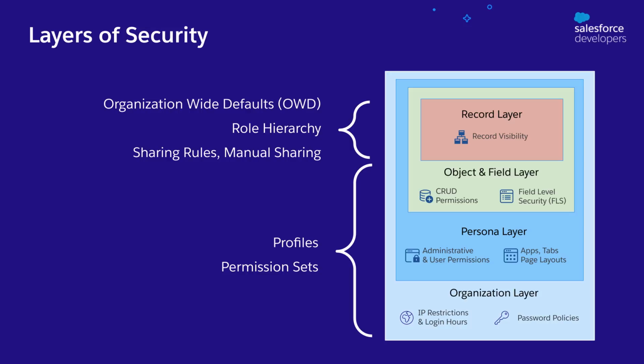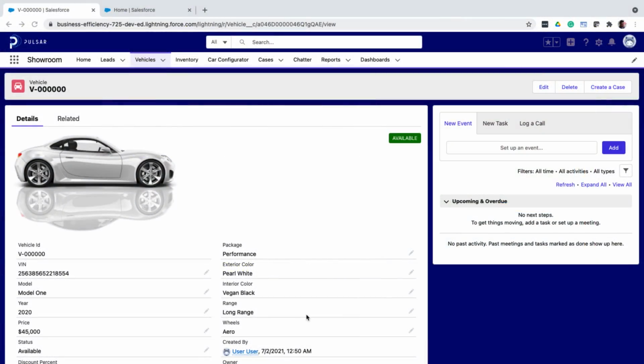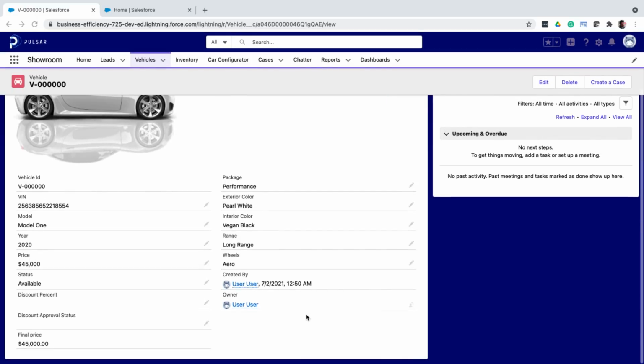Now coming to the record layer, the first thing to remember is that every record in Salesforce has an owner. It generally defaults to the person creating the record unless you add some automation to change it. So typically, as long as your profile allows you to, you can do whatever you want with the records that you own because it is your record.